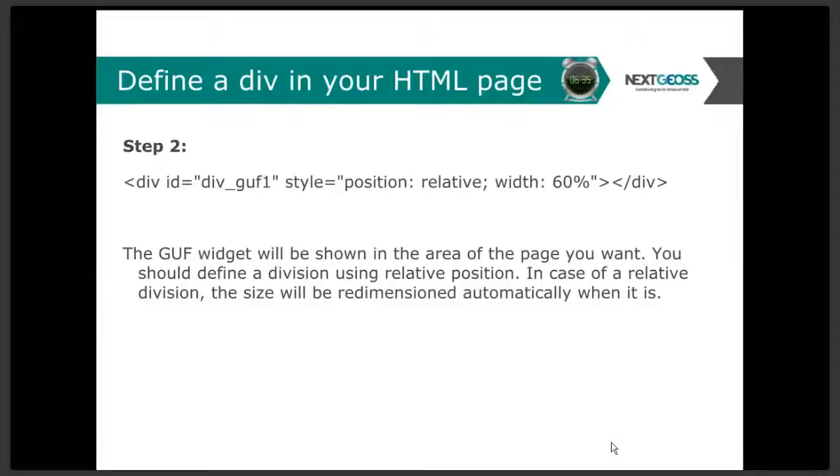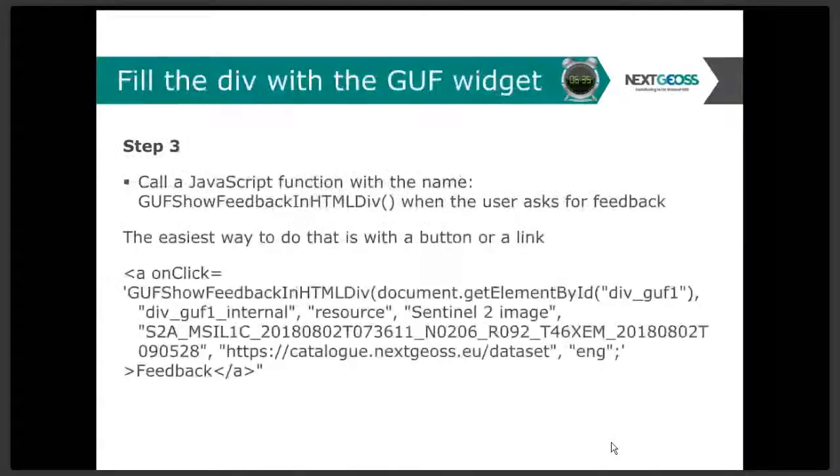Step number 3 will be to call one of the functions that are available in the JavaScript function library that you just imported in step number 1. And the function is called Geospatial feedback show feedback in HTML division. So it's a very straightforward name for the thing. The idea is to execute that at the end of the page or when the user wants to see the feedback. Let's assume that we want the user to control that. So we will place a button or a link, in this case a link, where when the user clicks on that, the function will be